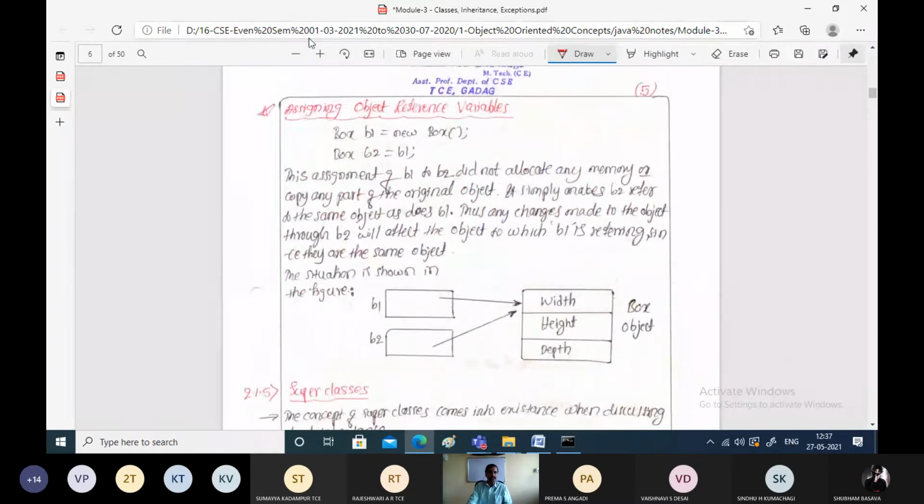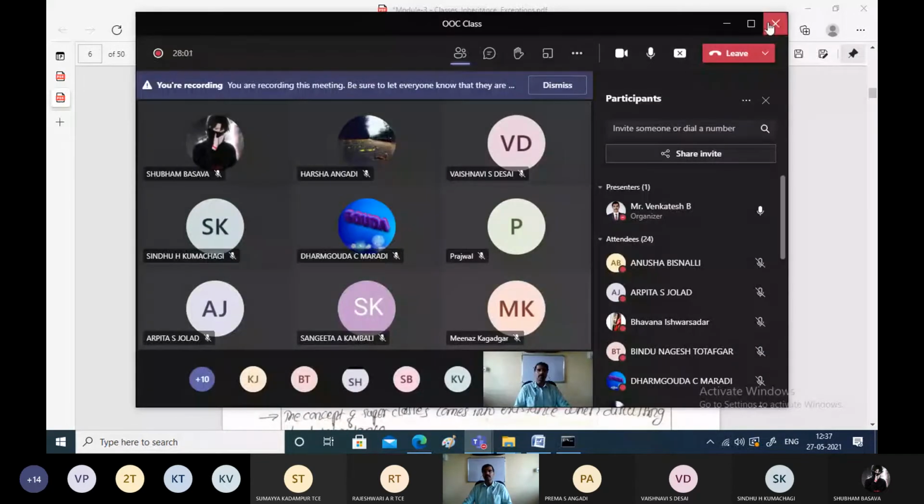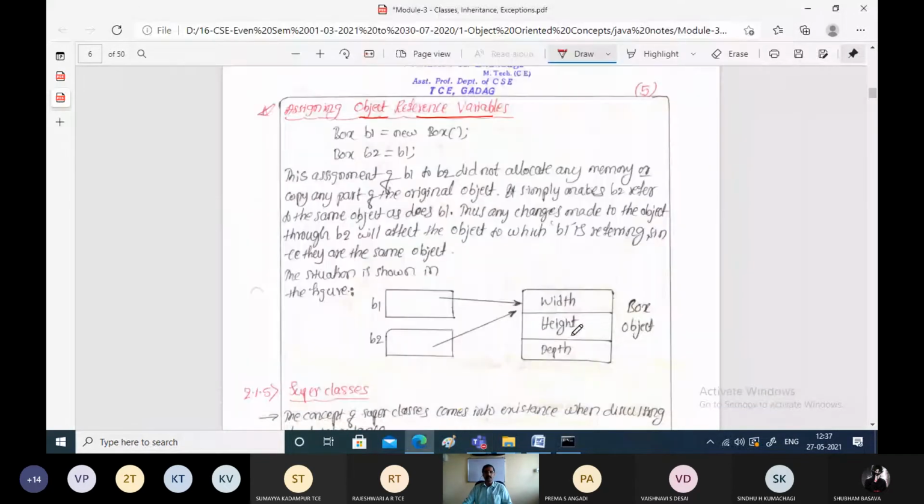Now let us see one more concept called object reference variables. If you remember in C++, we have already studied the concept of reference variables. What is a reference variable?